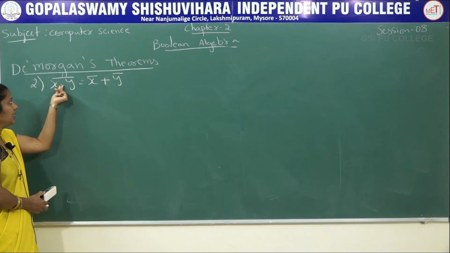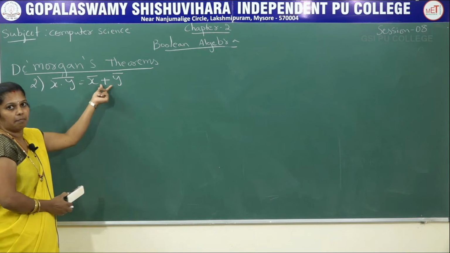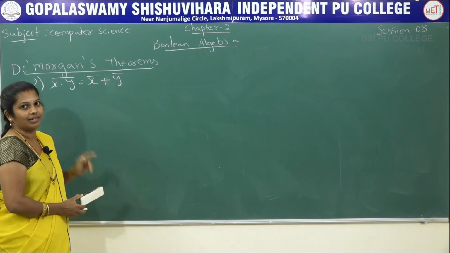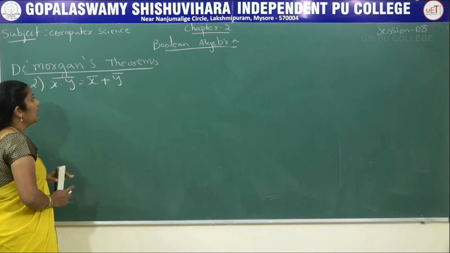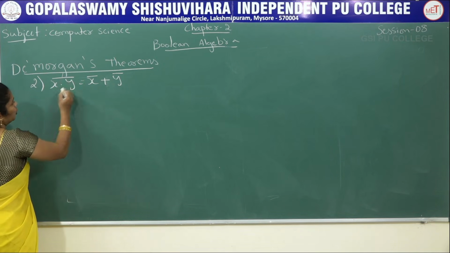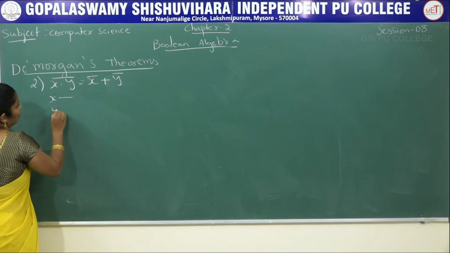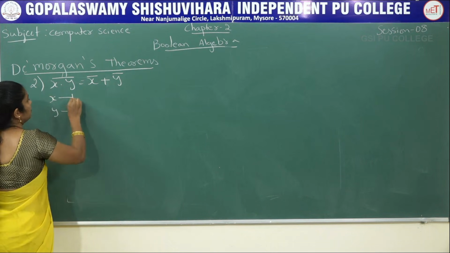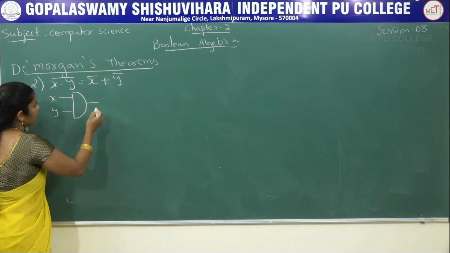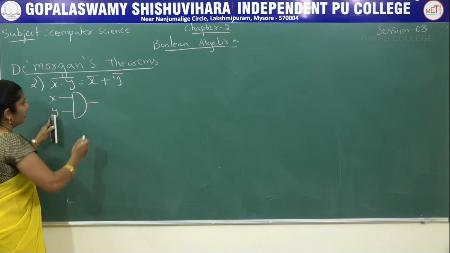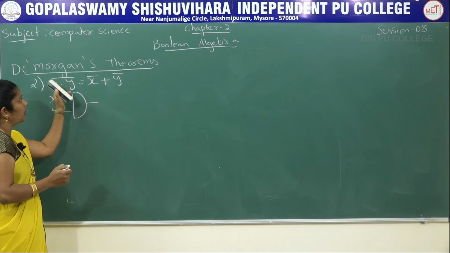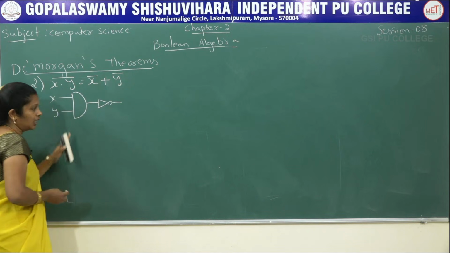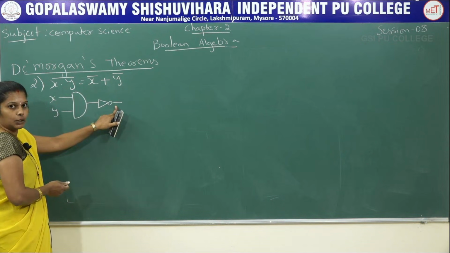This is your second De Morgan's theorem: x into y whole bar equals x bar plus y bar. See what I have done? Just replacing dot by plus, all the variables individually are complemented. Then how to write the circuit diagram? Two variables here we have, one is x and one more is y. Here we have the dot operator. Dot operator means it is compulsory to write the D shape. The output here will be x into y, but x into y whole bar we require, so negate it, use the not operation. Here the output becomes x into y whole bar.